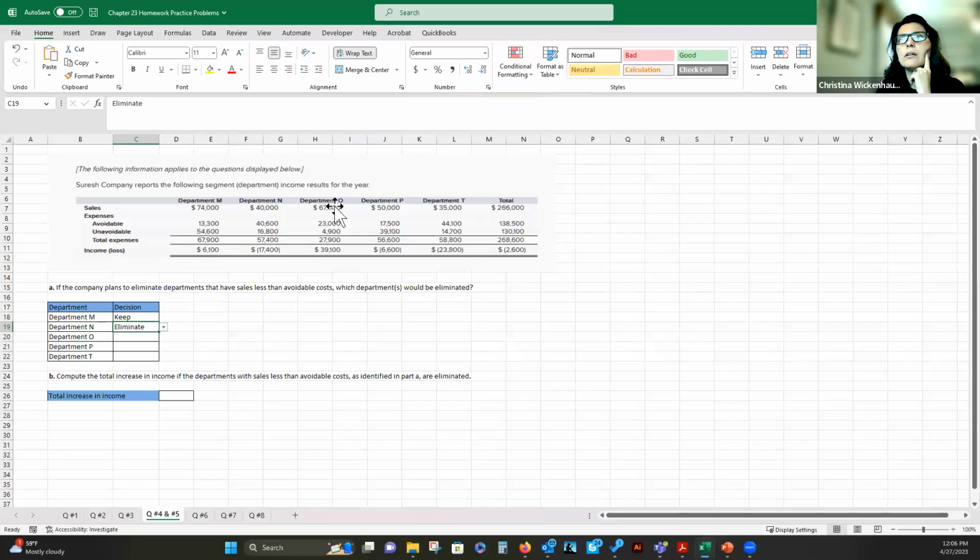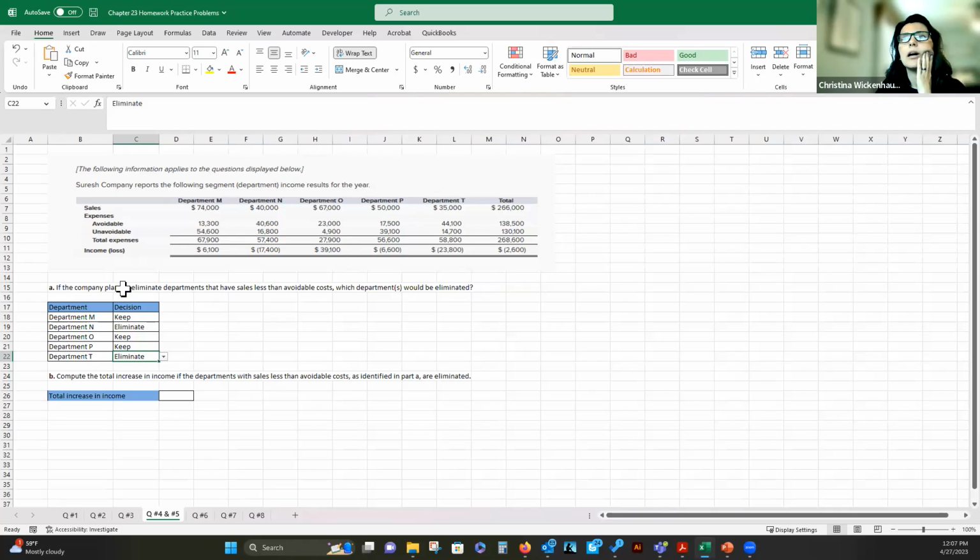O, there's my sales, and they're greater than my avoidables, so I'm going to keep that. And department P, here's my sales, and my avoidable is less than that, so I'm going to keep that department. And then department T, my sales are 35,000 and my avoidable are 44, so I'm going to eliminate. It says compute the total increase in income if the departments with sales less than avoidable costs and identified in